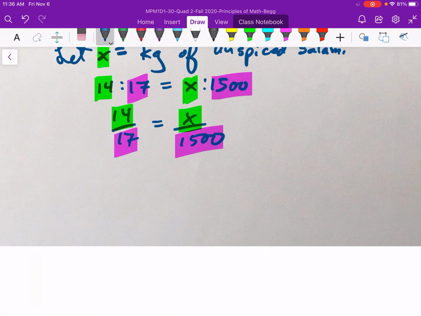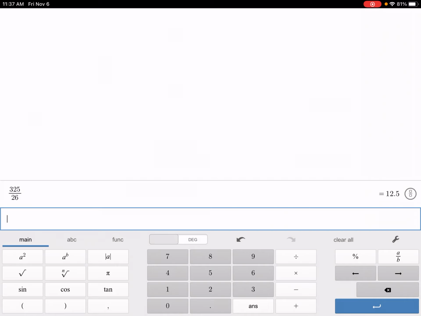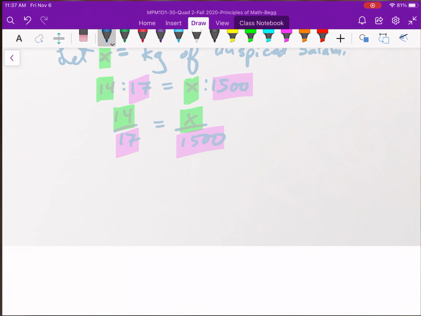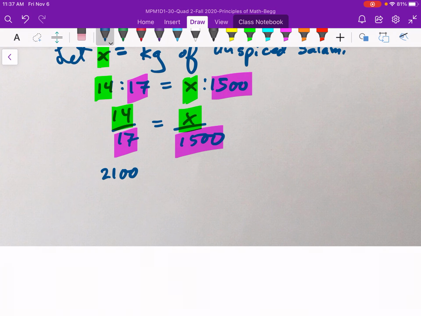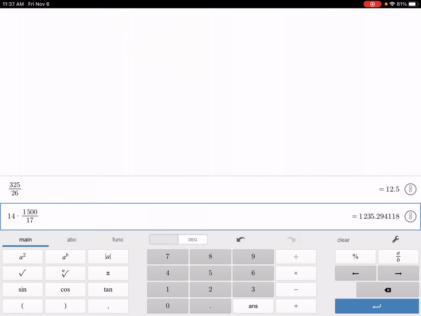If I cross multiply, then what I get is, let's see, I guess it's hard. I'm just going to go to my calculator. Up till now I've been doing stuff in my head, but I'm feeling lazy. So 14 times 1,500 equals 21,000. Okay. So 21,000 equals 17x. And then I'll divide each side by 17. And so 21,000 divided by 17 equals